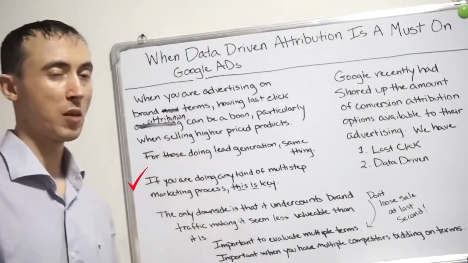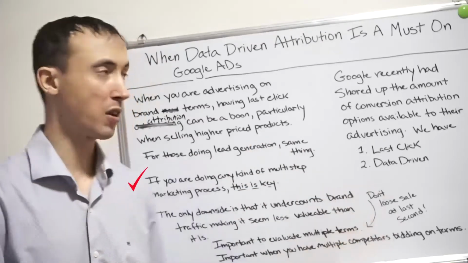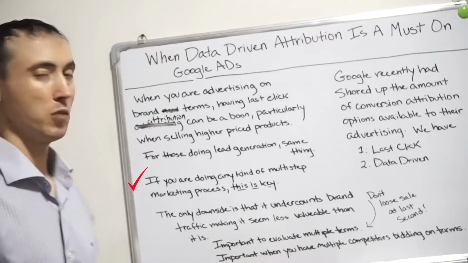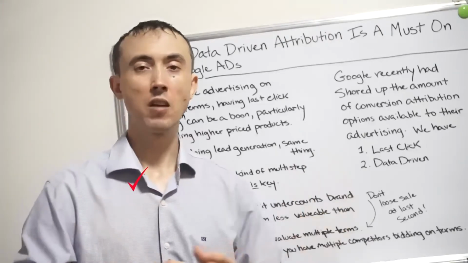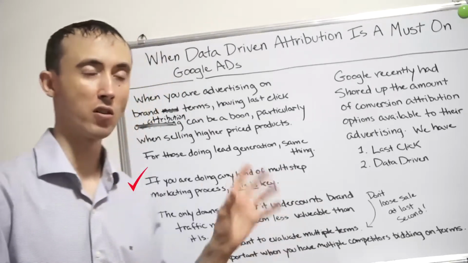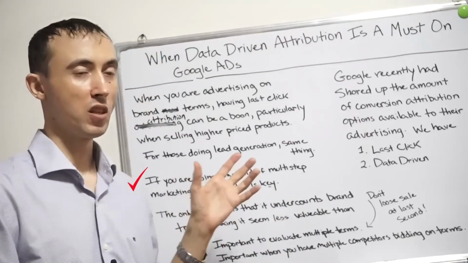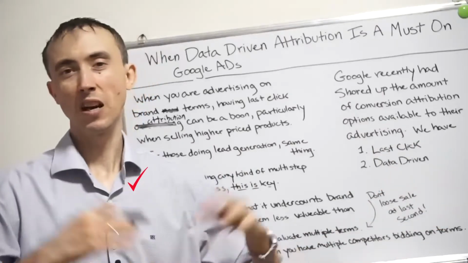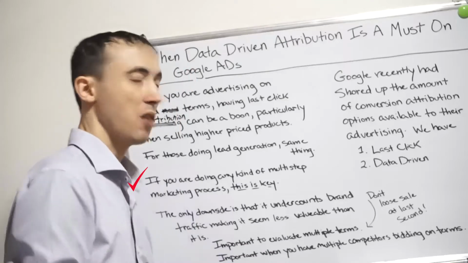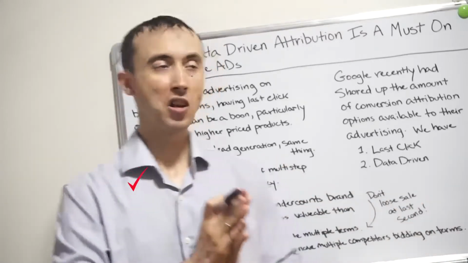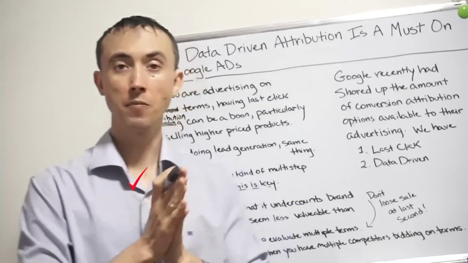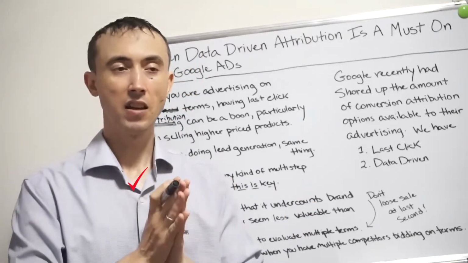And if you sell a product or service over $100 and you run the brand ads, you definitely want data-driven attribution, because brand is going to take credit for all of it. Even though your brand's important, you also don't want to give up on your non-brand searches just because brand is taking up all the credit for the searches. So anyway, that's in general what I wanted to share about this data-driven attribution type in Google Ads,